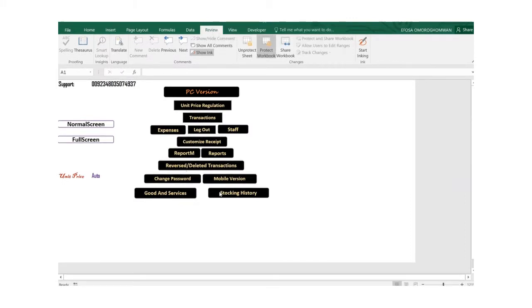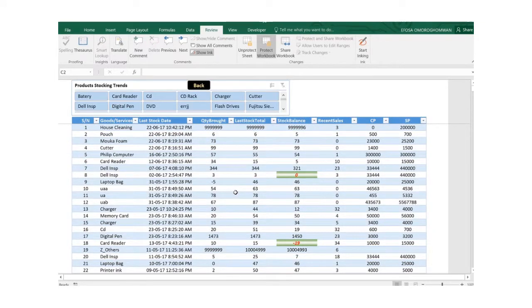Another important area we need to look at is the stocking history. Stocking history is the page that displays how you have been buying different goods, how you have been stocking. For example, the last thing we entered the other time for practice was this house cleaning. We just entered it for training purposes, and we said the quantity